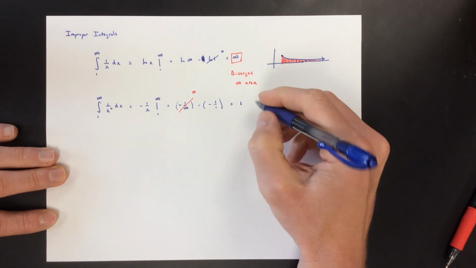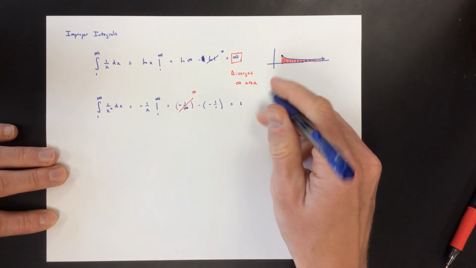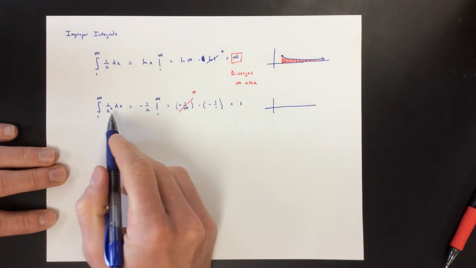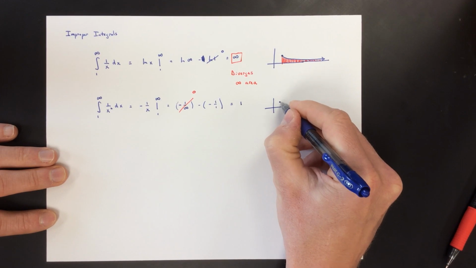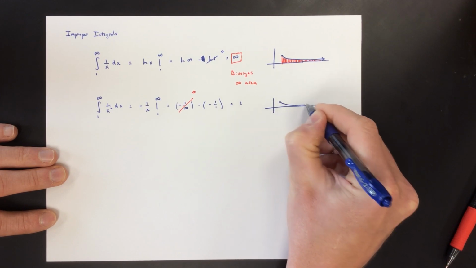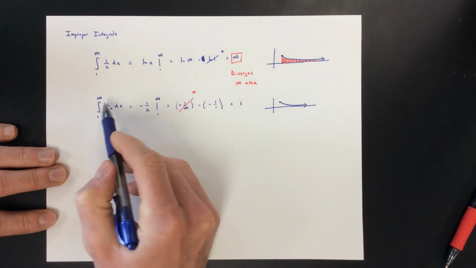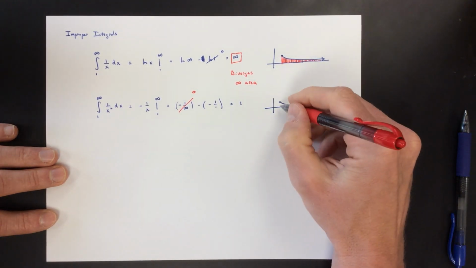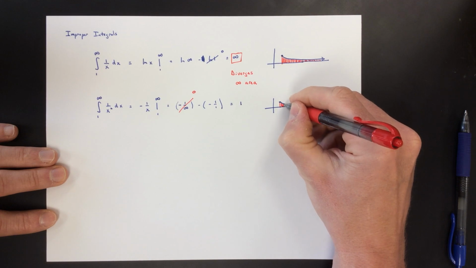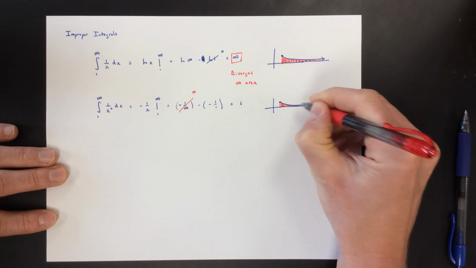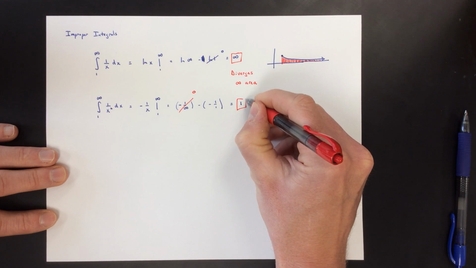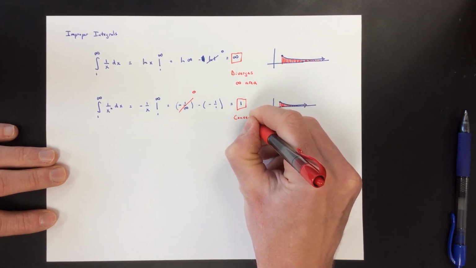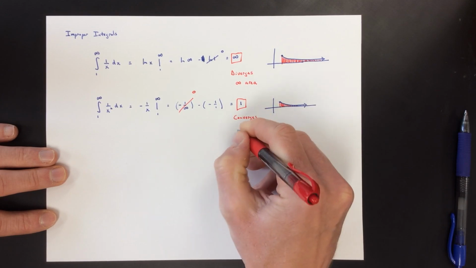You're like, oh, okay. So the graph is similar, but it is not the same. When you plug in 1 here, you do get 1, but this thing goes to 0 really, really quick, right? Because it's 1 over x squared rather than 1 over x. And it turns out that this area not only is a finite area, but the area is exactly 1. It's a finite number, and so we say that this integral converges, right? It has an area